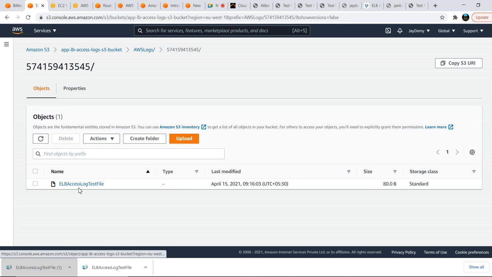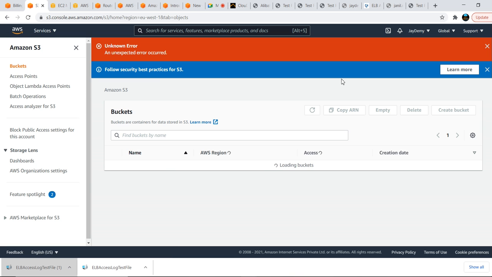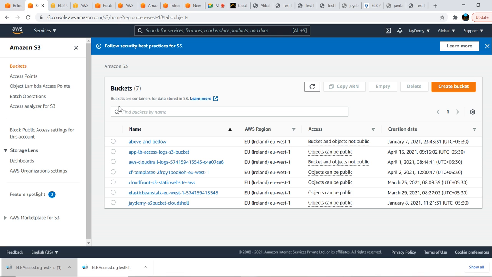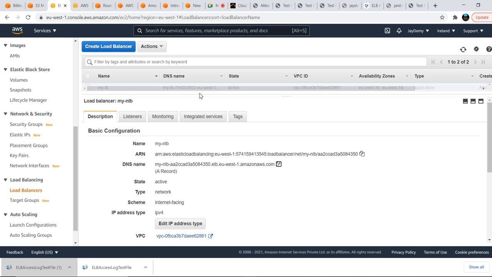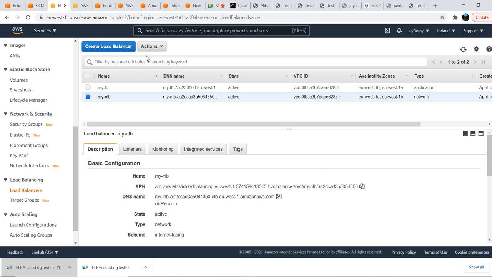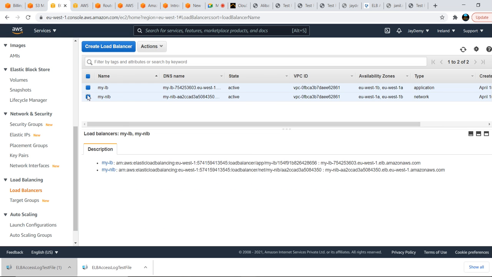Let us see, here we will get another folder that will come with the year 2021, and what is the month and what is the day. In that day we will have multiple log files, generated from the load balancer to here. That is how access logs will come here, and we need to verify that. Yeah, that's it for today, and we can create multiple load balancers, but load balancers are not free, it is a charged one.